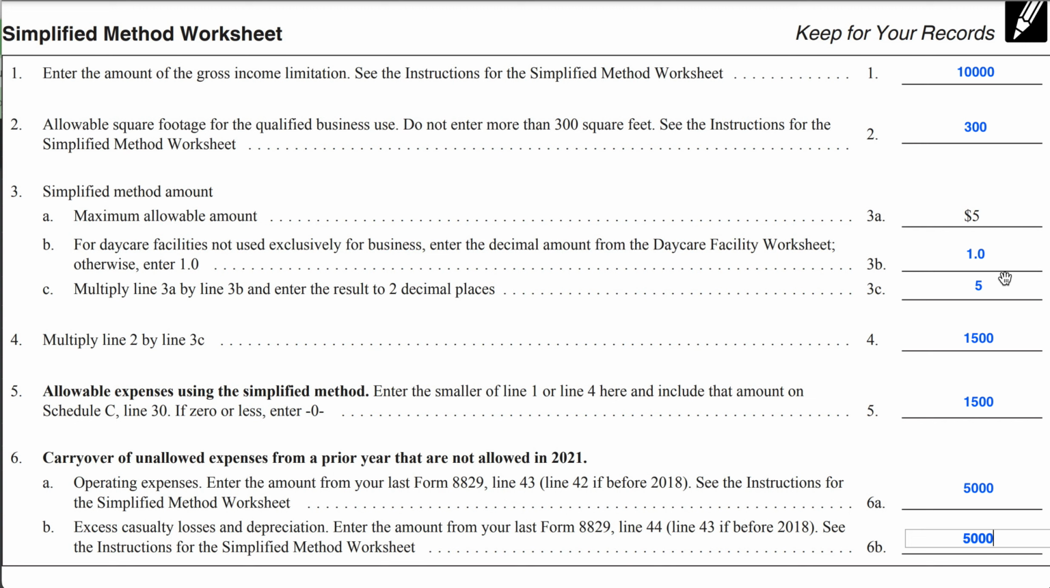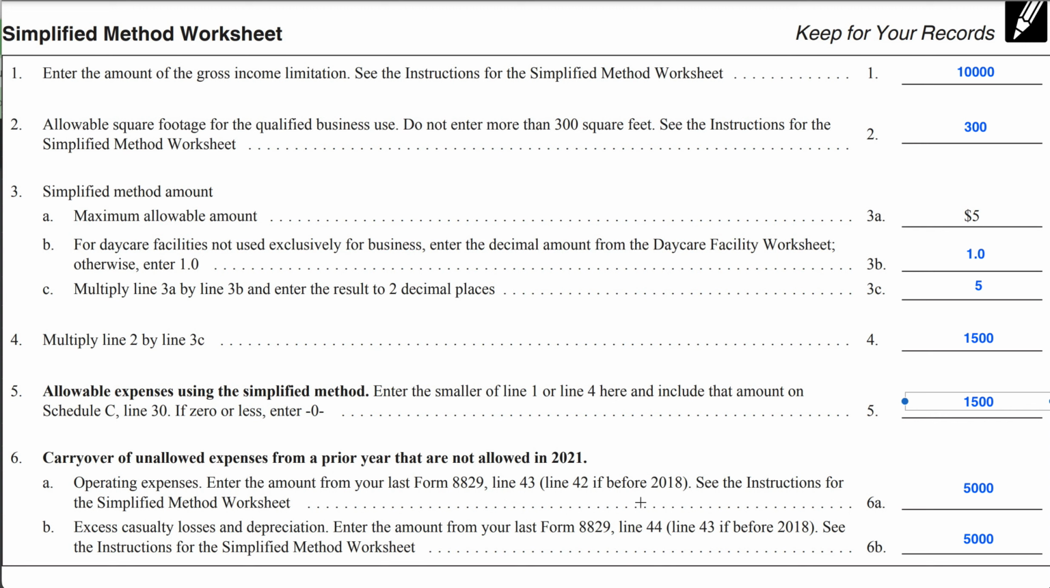From here, it's a simple calculation. 300 square feet times $5 per foot gives us $1,500. And then in line 5, we're going to take the smaller of $1,500 or $10,000. So that is our deduction. We're going to enter that on line 30 of Schedule C. Now if this is 0 or less, you simply don't take the deduction. Line 6